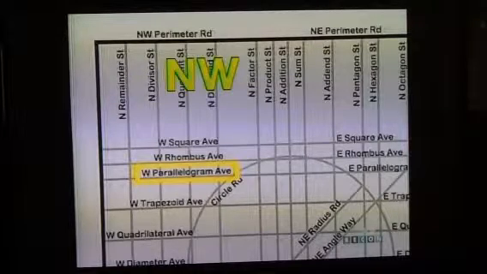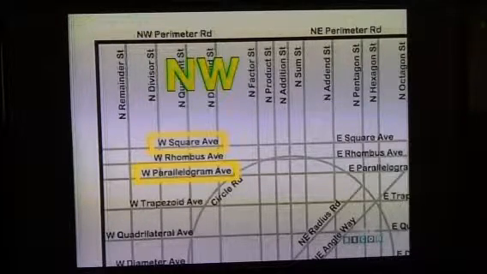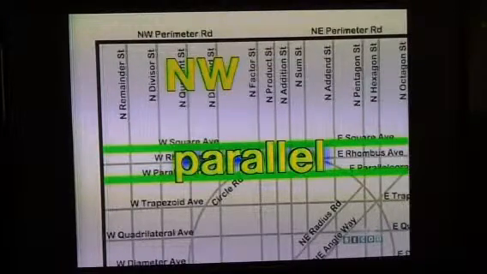West Parallelogram Avenue, which is also in the northwest quadrant of town. Problem is, West Square and West Parallelogram are avenues. So what? Well, it means that they run parallel to each other. It means they never meet. Never? No, never, ever. In other words, you can't get to that store and those